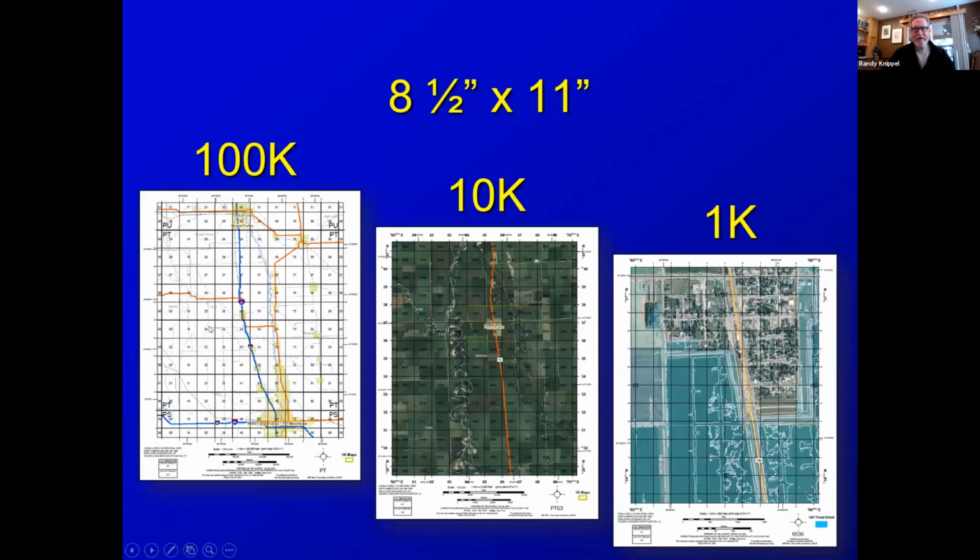And you can see that here, that same format. You can see the 1K map. We changed the scale by a factor of 10. Now we're looking at a 10,000 meter square, which is an index into the 1K maps, and then you can change it by a factor of 10 again, and now you're looking at a 100,000 meter square, which is an index to the 10, which is an index to the 1. Very easily done. You don't have to really change anything but the scale and the foundation of your map series,